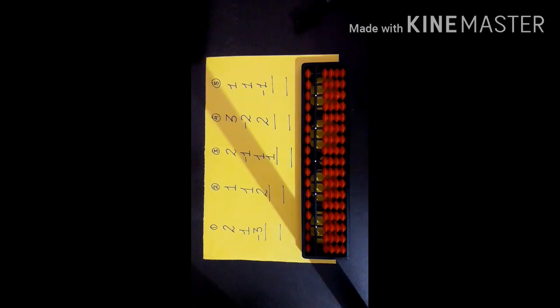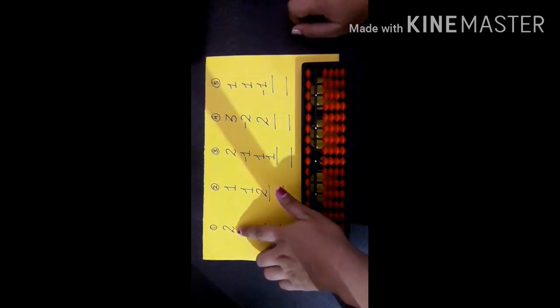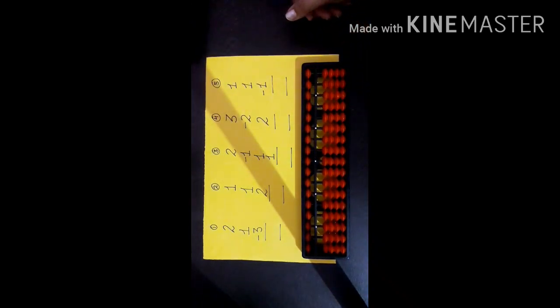So what is our topic? I will remind you. Our topic is sums in units rod lower beads. So we will start. And I've told you 1, 2, 3, 4. So first of all we will start. See, here is written 2, and in front of 2 nothing is there. So 2 means you have to add 2. So shall we start? Okay, very good.